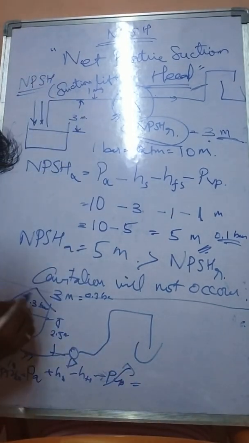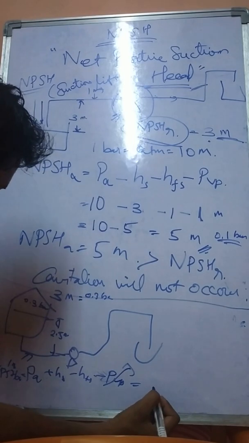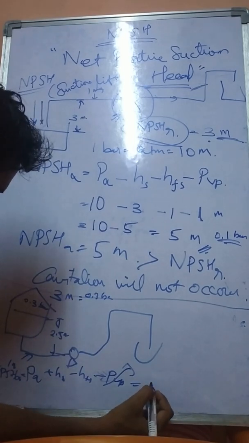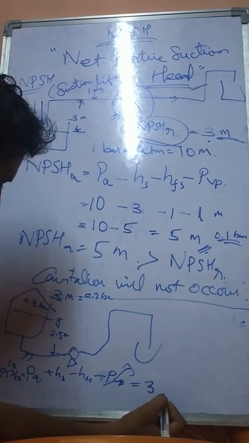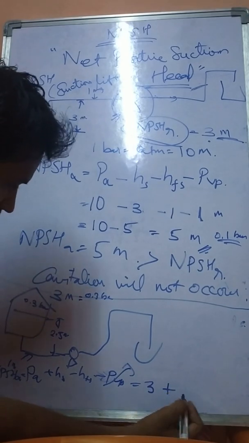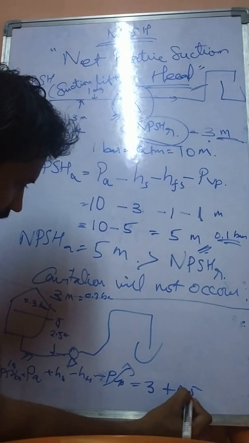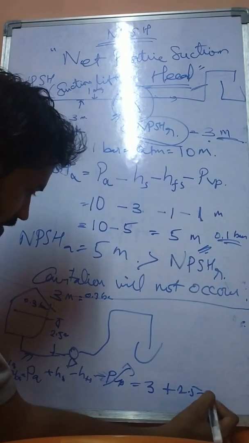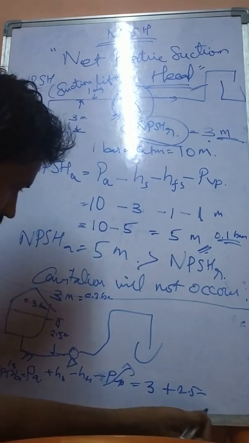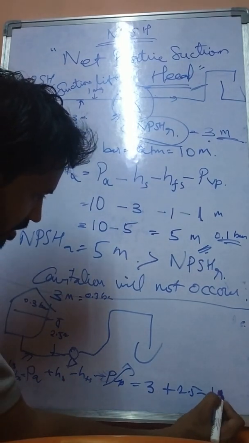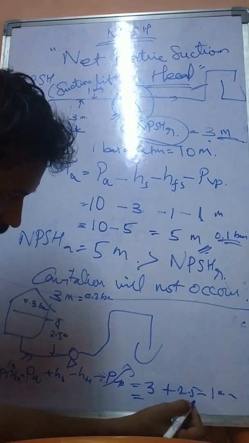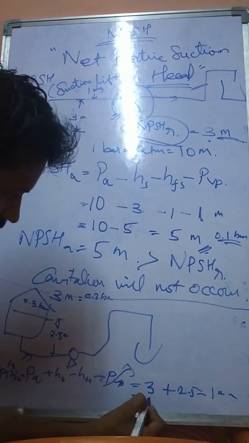So the total impact is here. PA is 3 meters, plus HS is 2.5, HFS is 1 meter. So if you calculate this one, 5.5 minus 1,